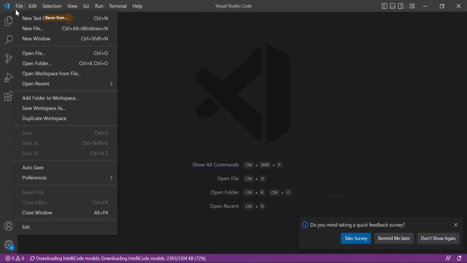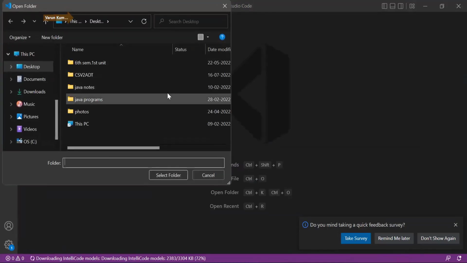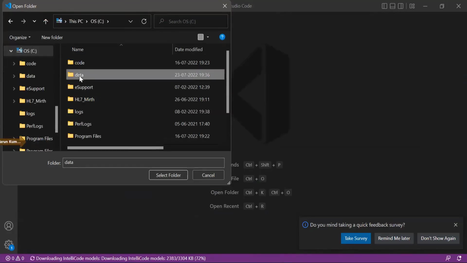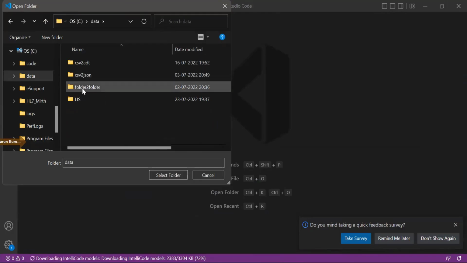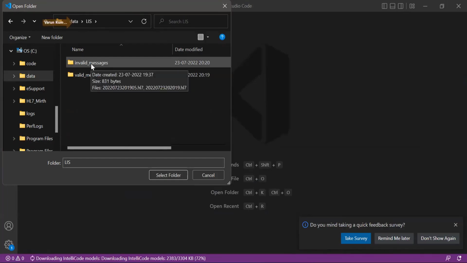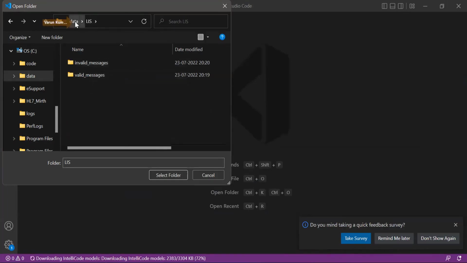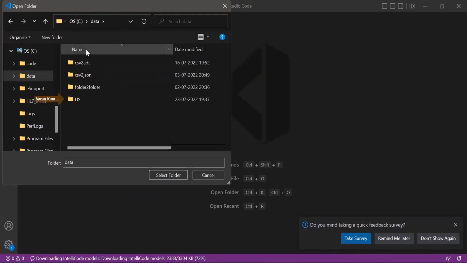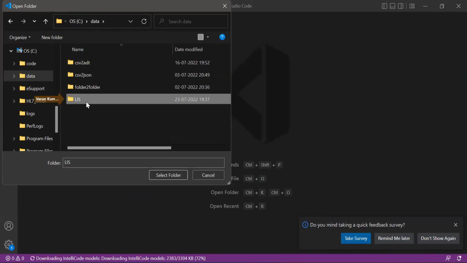Open. Open folder. Go to C drive. Data. Sorry, go click on data. Just select the layers. Don't open it. Yeah, and then click on select folder.